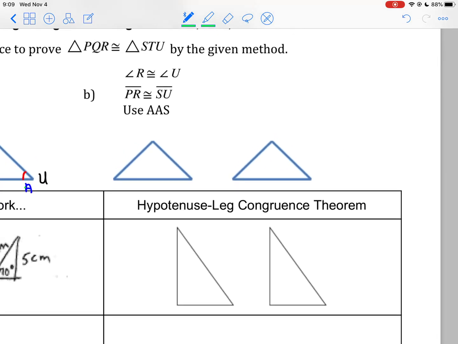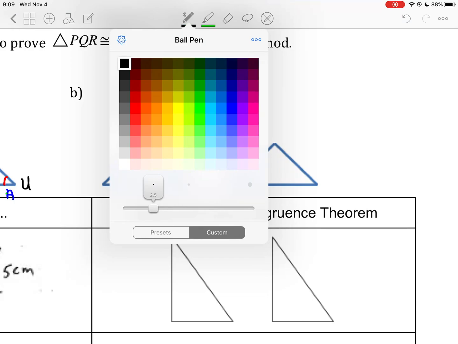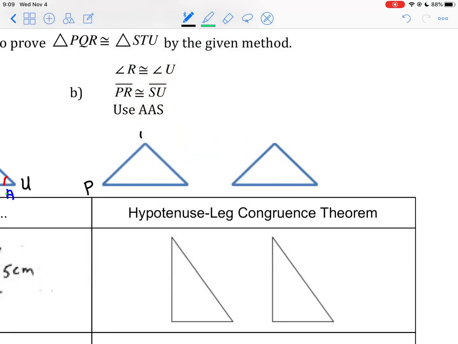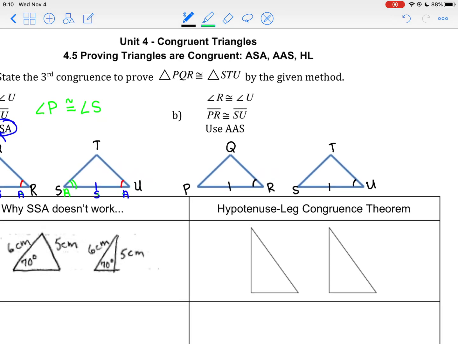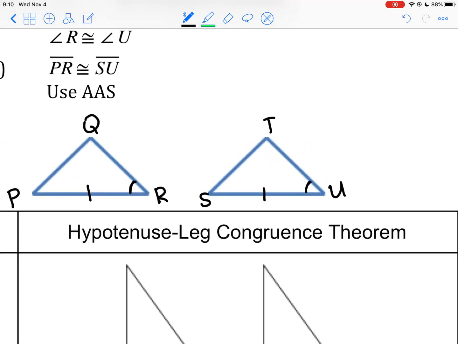So looking at this next example, we're still using those same triangles. So PQR is congruent to STU. And I'm going to mark the things that were given to me. So angle R is congruent to angle U, is my first congruent statement. PR is congruent to SU. So we have the same setup as we did in the previous one, but this time we need to use